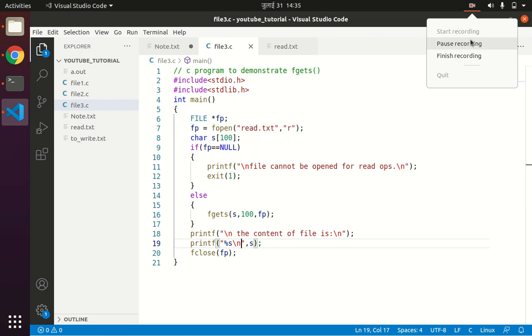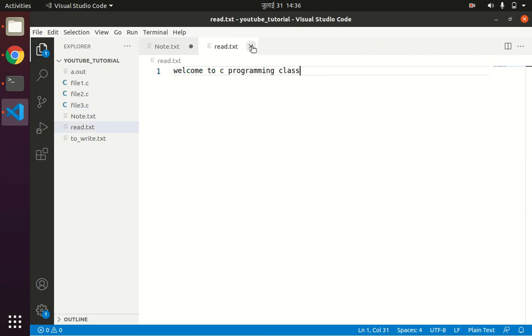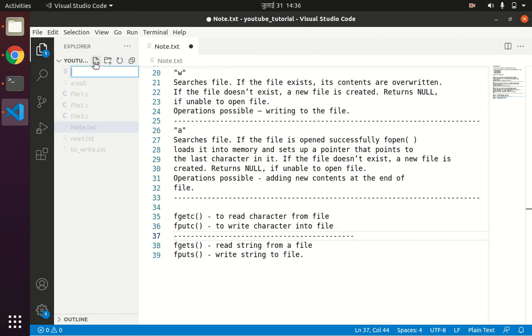So now after the fgets function we will be writing a program to demonstrate the fputs function. So file4.c.